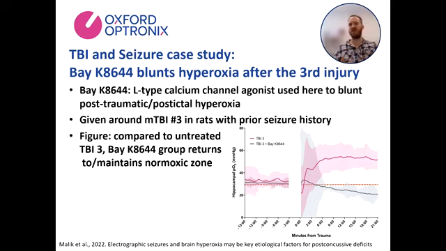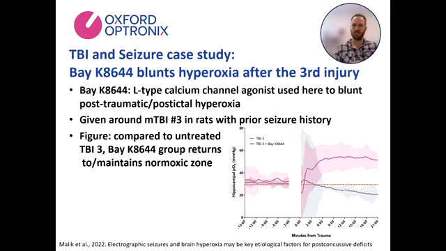Okay, so here's the key figure because this really is their mechanism test. So the team tests BK8644, which in plain terms makes calcium channels more likely to stay open, so more calcium can enter cells when they depolarize. In this study, it's used specifically to blunt the post-injury hyperoxia after injury in animals with prior seizure